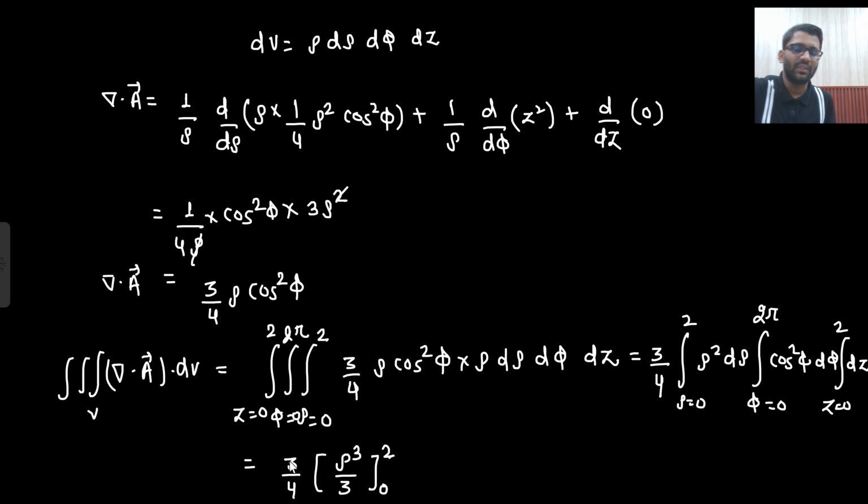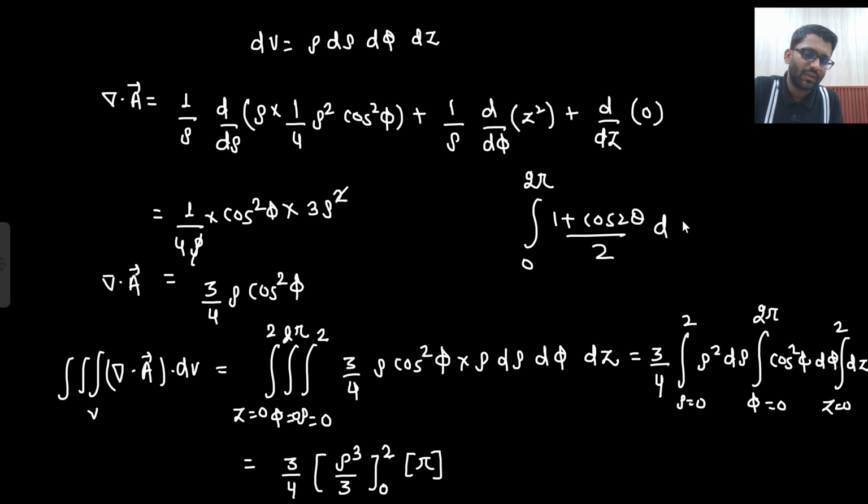Okay, now I need to solve this integration. So 3 by 4 rho cube by 3 from 0 to 2. No doubt about this. What is the value of this integration? That is equal to pi. How did I get it? I will tell you later in this lecture, but here I am telling. So 0 to 2 pi. How can cos square phi be written? 1 plus cos 2 phi divided by 2 d phi. So 1 by 2 d phi from 0 to 2 pi, and plus 1 by 2 cos 2 phi d phi